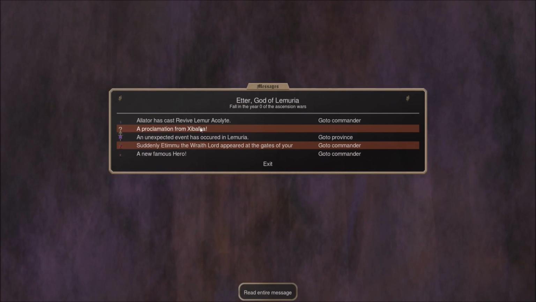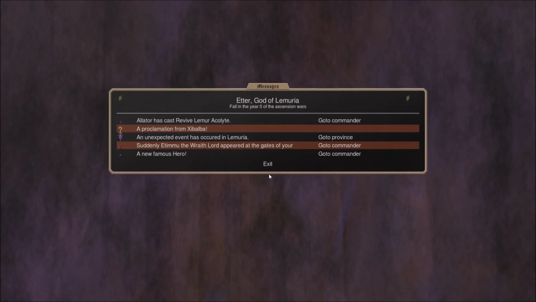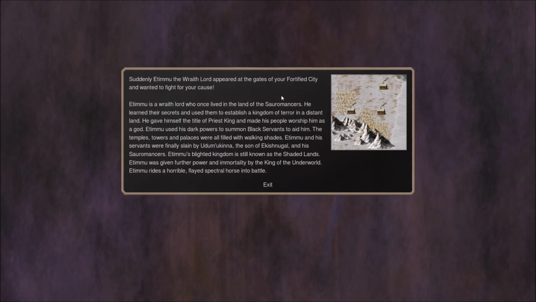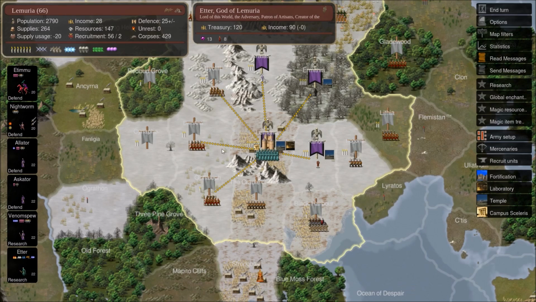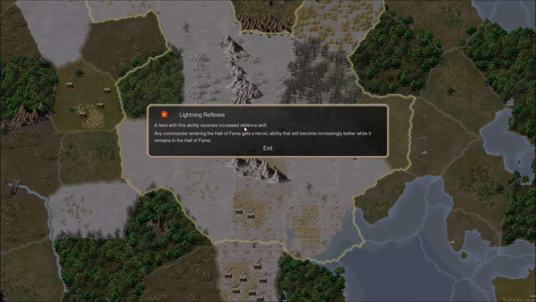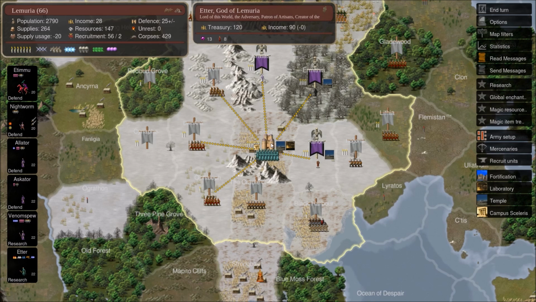Jibalba. They now have a prophet. Unexpected event in Lemuria. Province income. Probably not going to last too long when the population all dies. We got a hero. And we got a famous hero. Nightworm is now... Lightning Reflexes has increased defense skill. That's less useful on a Centurion who you probably don't want in combat. More useful on a Consul. Nonetheless...